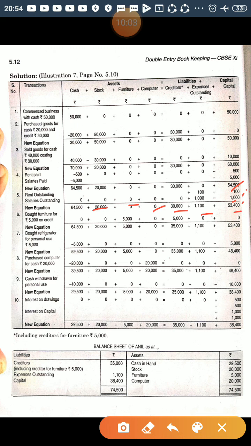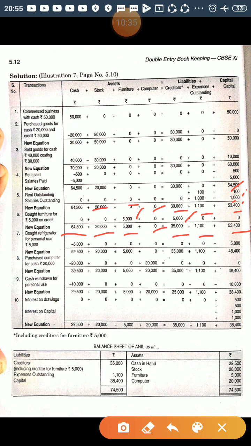and capital account becomes 53,400. Now next transaction, bought furniture for 5,000 on credit. So furniture we will add 5,000 and creditor, because it is purchased on credit, we haven't paid yet, so creditor will be increased by 5,000. Now new equation is 64,500 cash, stock 20,000, furniture 5,000, computer 0, creditors 35,000, outstanding expenses 1100, and capital becomes